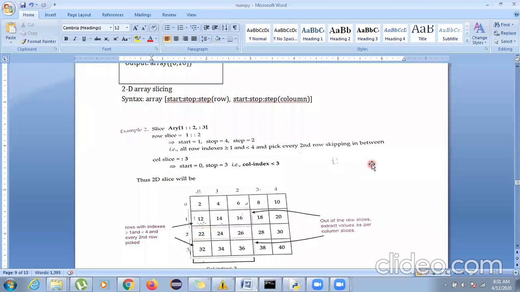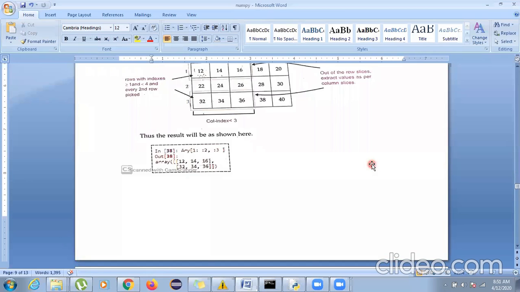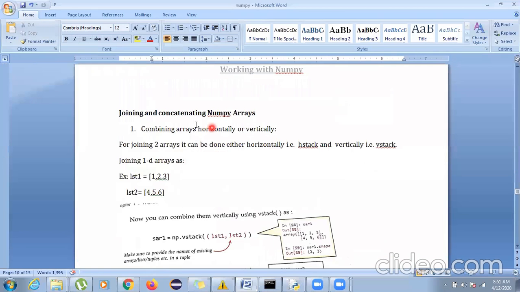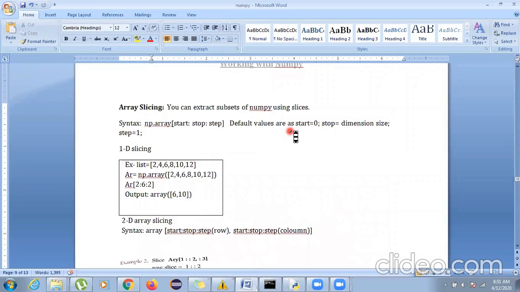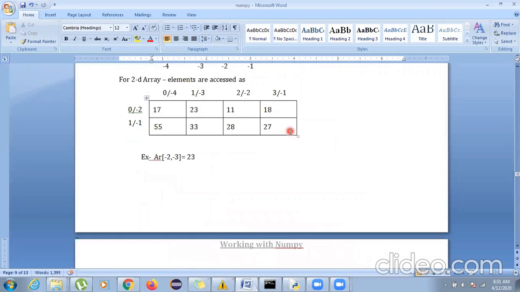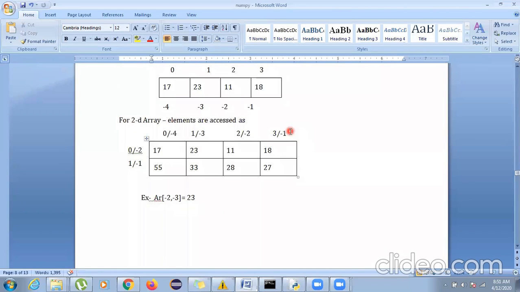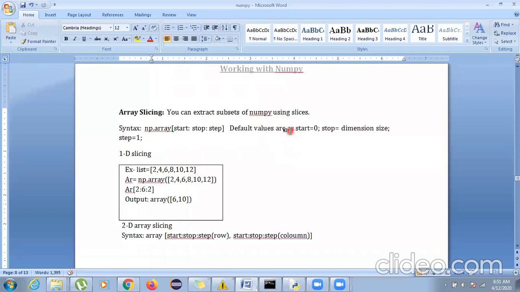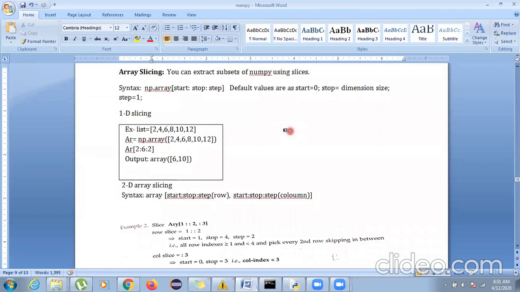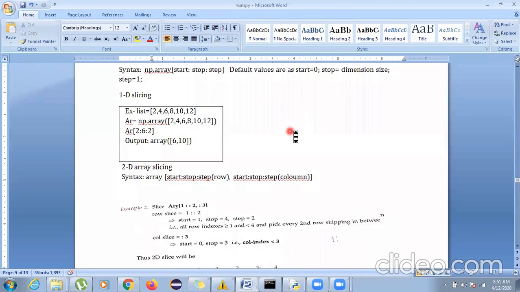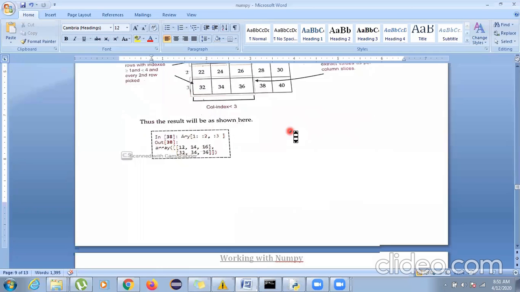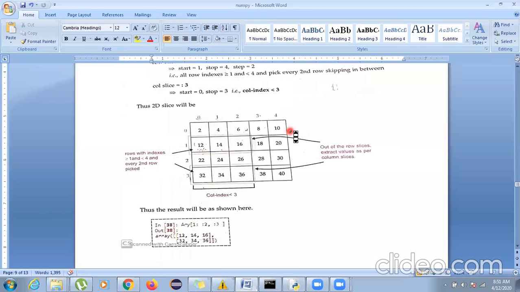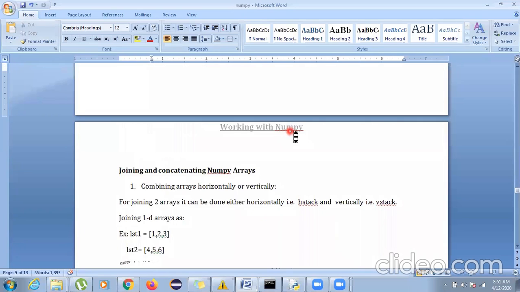So discussing 2D arrays, we are already done with 2D arrays, no? Okay. So now we'll be joining and concatenating. By the time we have learned slicing, so what will be the rule? These are two functions we have already done. One is indexing, how you are going to index the element, and the second one is slicing, how you are going to slice it. There is a lot of confusion while slicing. You will understand it better if you solve more of the examples from the textbook. There are solved examples also which will help you better. I have even taken the screenshot from there only because they've explained it very beautifully.